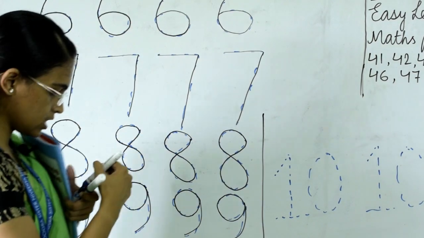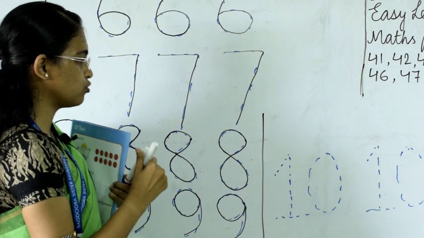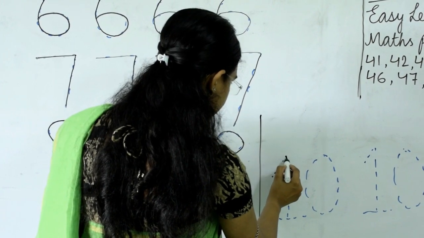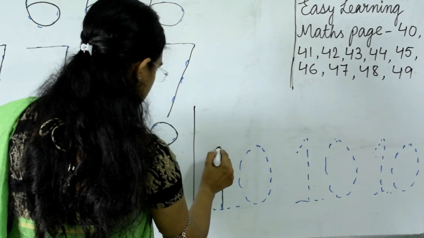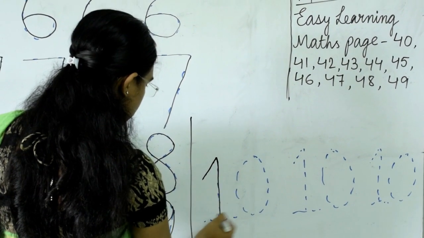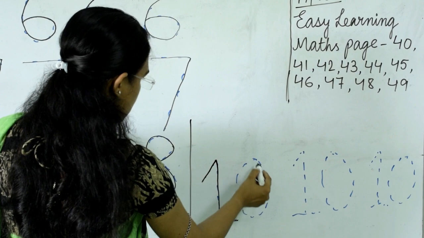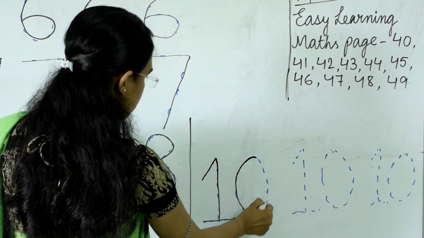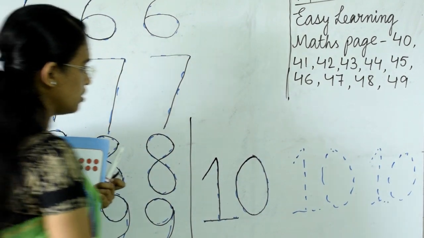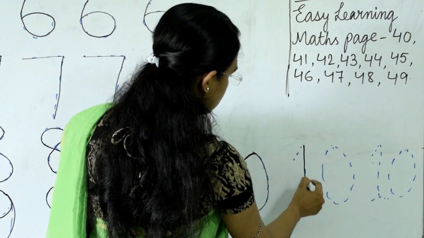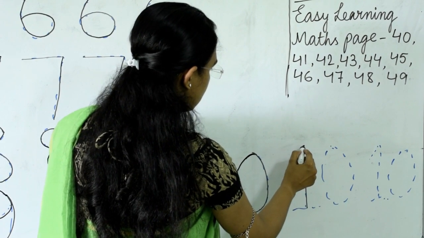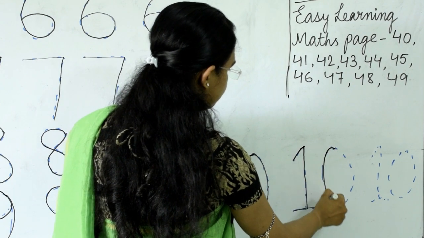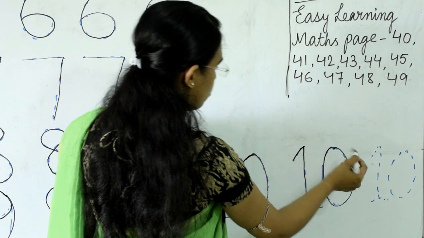So what is this? This is number 10. So now you have to trace the number 10. For this you have to start from here. Draw a straight line, then draw a small slanting line, then a slipping line. And for 0 you have to start from here and draw like this, 0. Okay. For 1 you have to draw a standing line, a small slanting line, then one slipping line, and then 0. Draw a circle or oval.